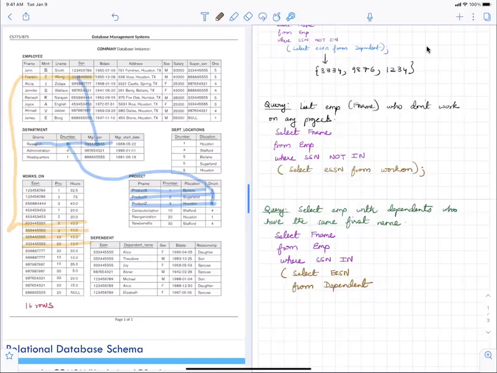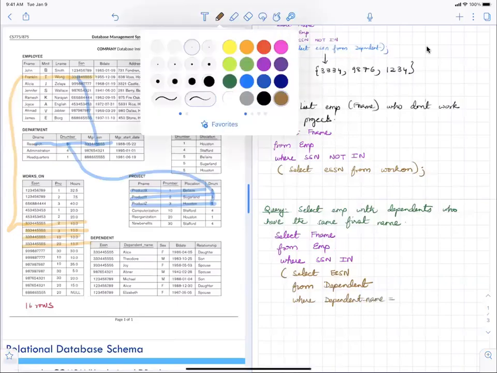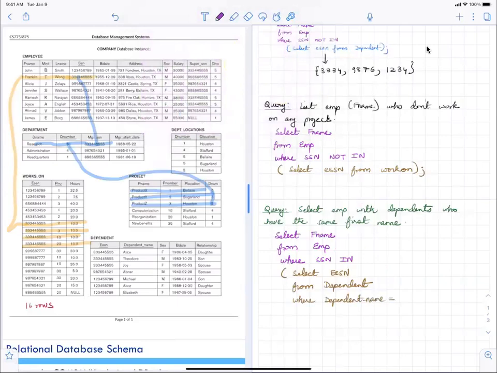This is the first time I'm showing that. So you're saying where dependent name is equal to, and I'm going to pick up an attribute from the upper employee table, so is equal to first name.